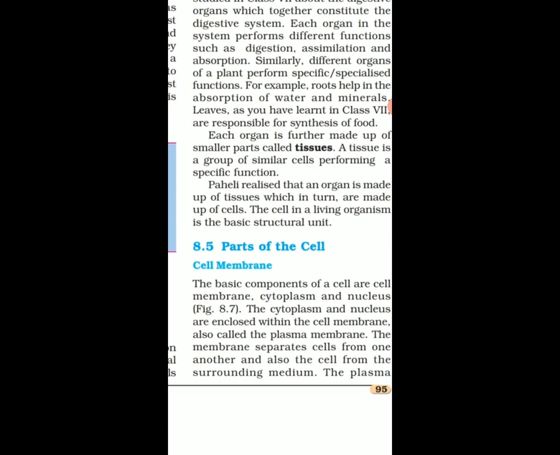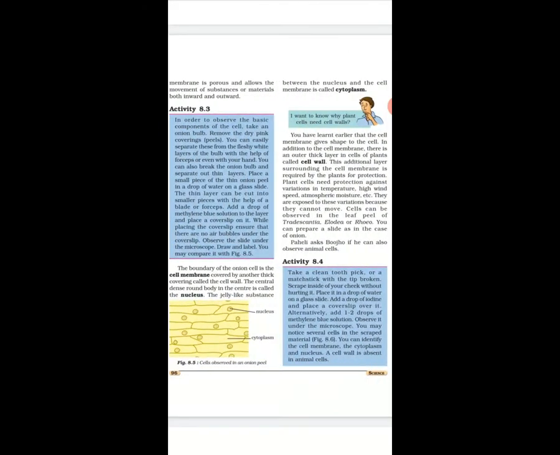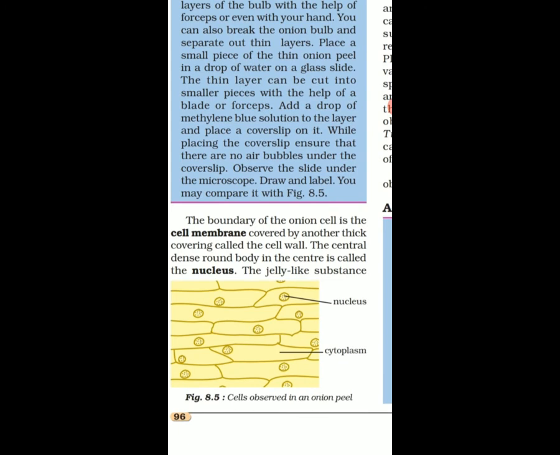Now, the parts of a cell. What are the parts of a cell? You can see the picture of a cell given here. The parts of a cell. The wall which you can see, जो box जैसा दिख रहा है, boundary, that is called cell membrane. What is it called? Cell membrane. The center round part, it is called nucleus, जो आपको दिखाया गया है.